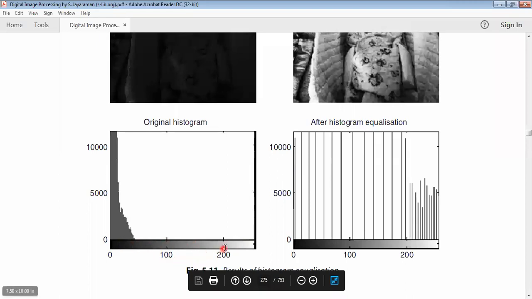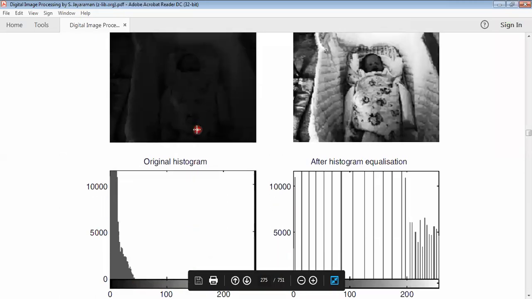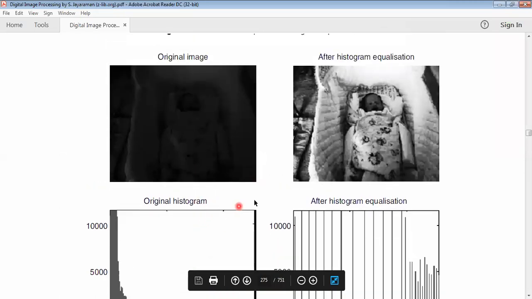These pixels are gray pixels, white pixels. It is like this. Now if you perform an equalization process for this image,